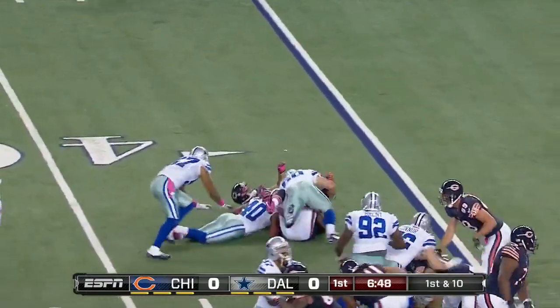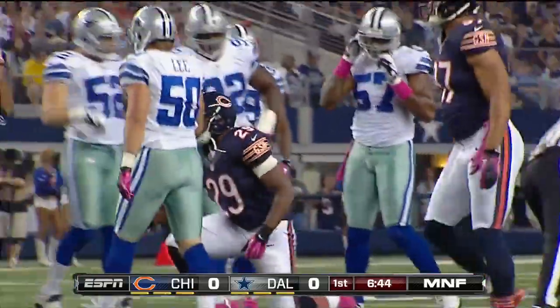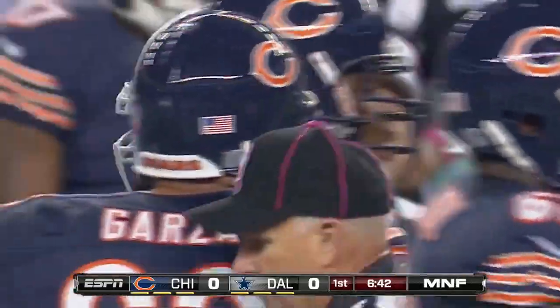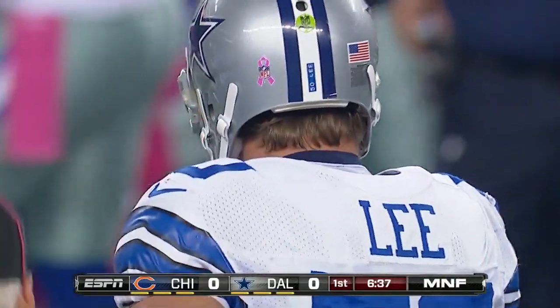Bush, Sean Lee comes to meet him in the hole, and a gain of only 2. Let's talk about this Chicago offense. It'll be a little bit different. Michael Bush does a lot of good things, but he's not the pass catcher that Forte is, so that can